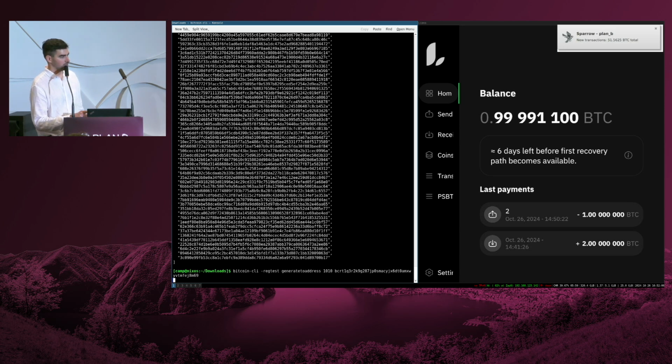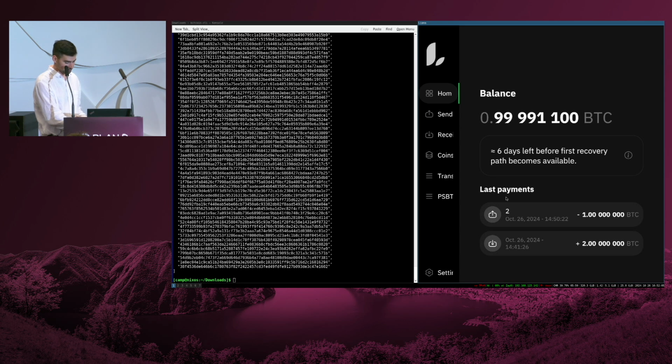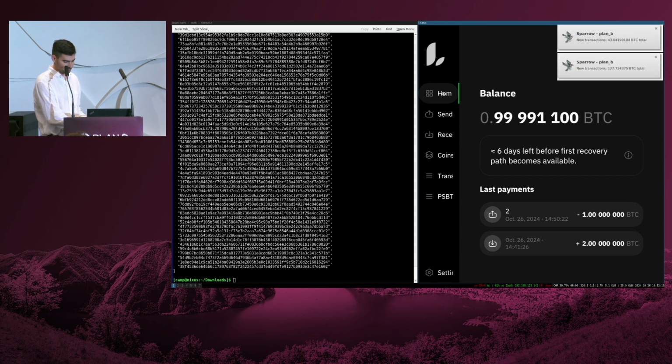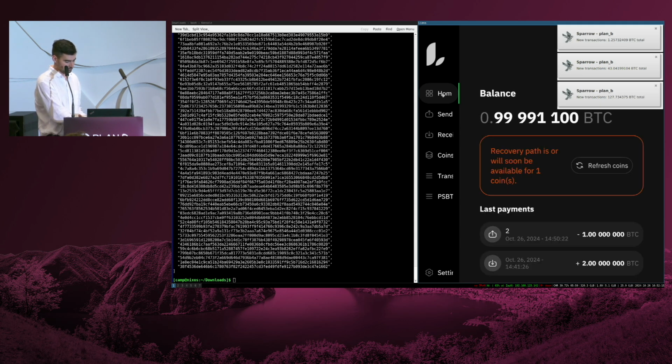The notification that you see here is the mining rewards that are going to my Sparrow wallet. And now if I go back to the home page, it should inform me that one recovery path is now available. You see.